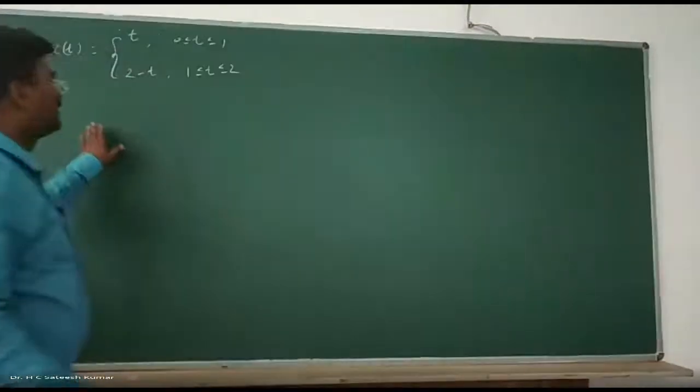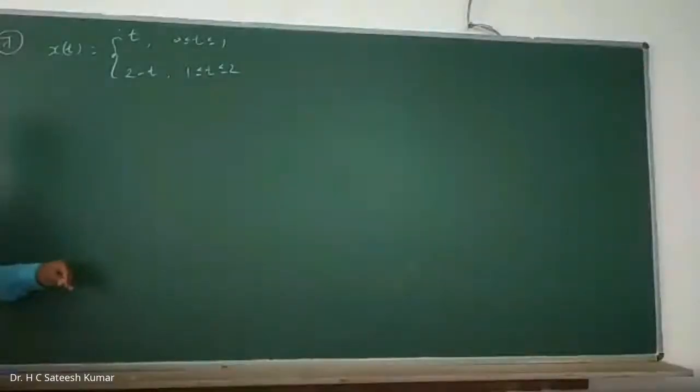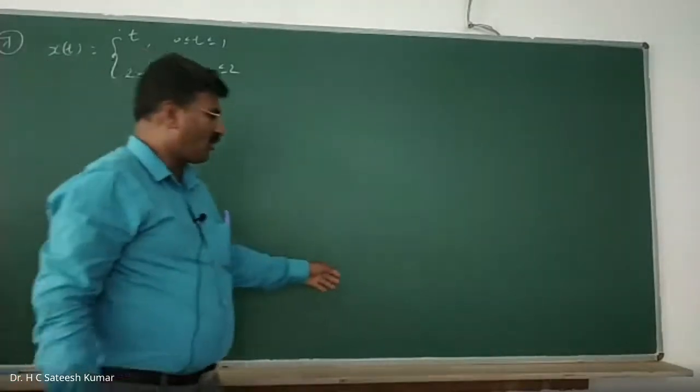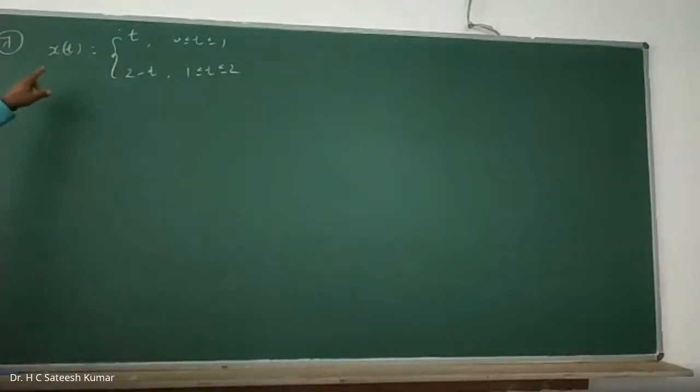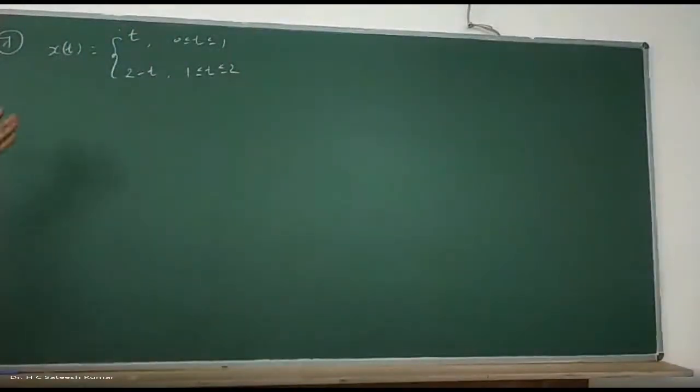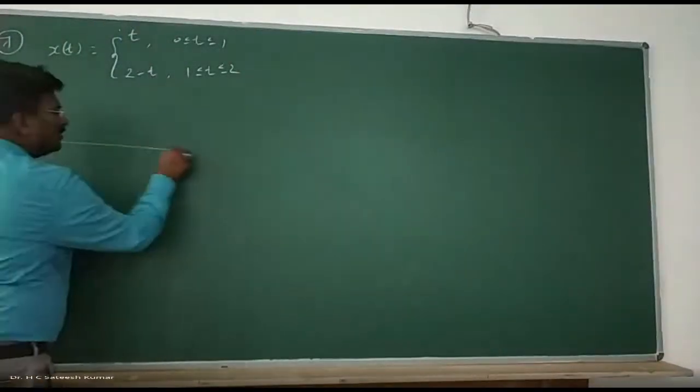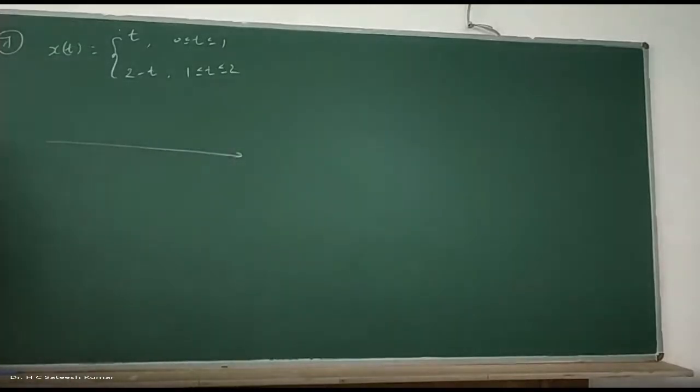Look here. I said in the morning session that there are different ways of representing the signal. What is that? Formula method, graphical method, and tabular form. One more form is a sequence form, I'll tell you later. So here he has given the problem in formula method. That's why you are saying that, sir, you have not done this problem. But actually the first problem is this only, I mean second problem number 2. Just observe here. He has given the formula, sketch it. Sketching means give the value and join.